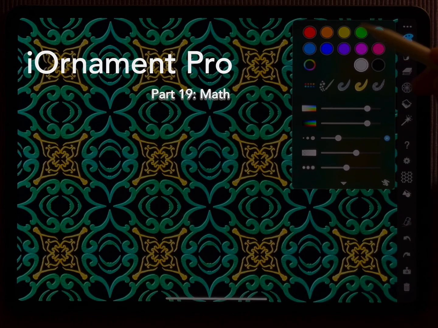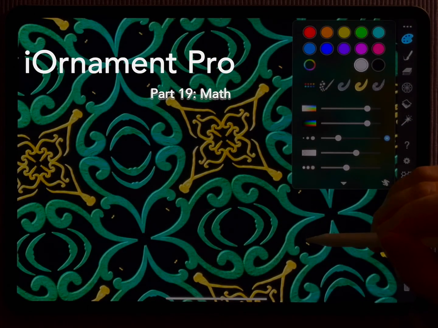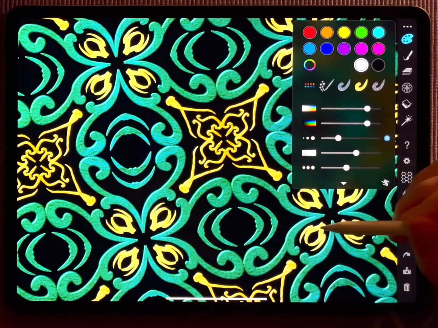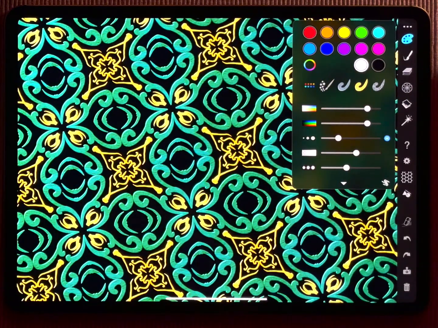So welcome back to our iOrnament drawing tutorial. Today is more an invitation than an explanation. I want to invite you to also visit the mathematical part of the app, and I want to tell you